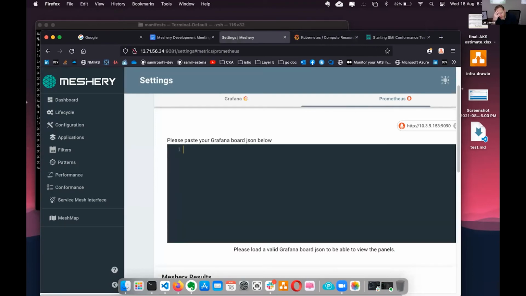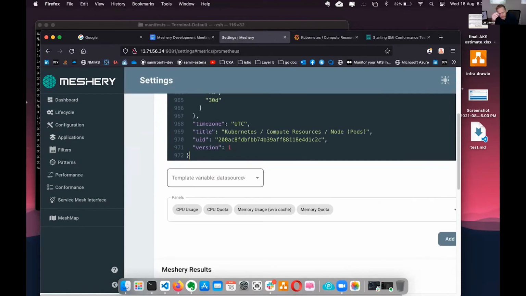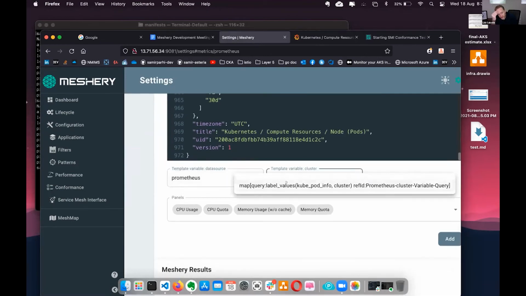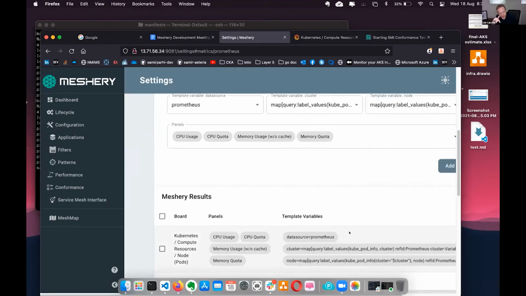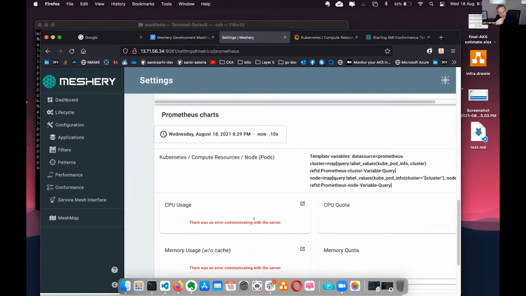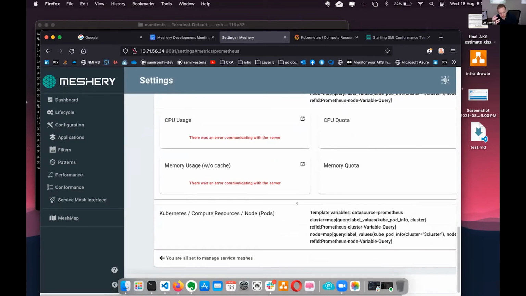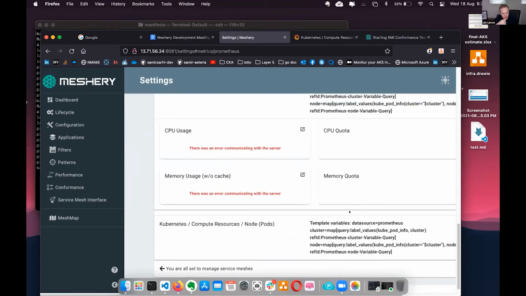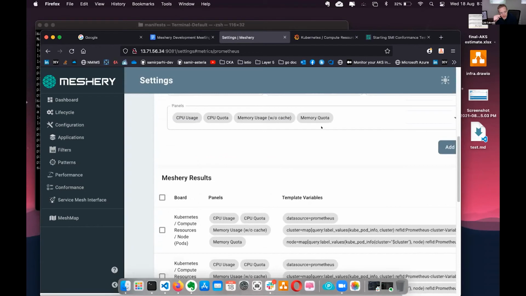Well, actually, that's not true. This is funny. I've not seen a user get this far in a long time. So this is great. If you add that, down below, do you see... yeah, but anyway, you would see charts here. After you get Grafana connected, I think you'll have a bit more success.